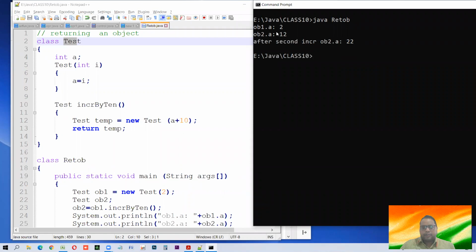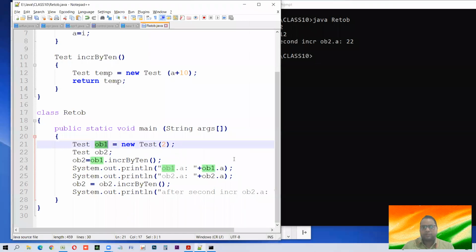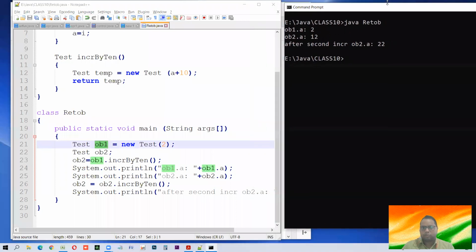Look, initially OB1 we have saved everything in the RAM also. OB1 test with a 2. So what will be the value of OB1? OB1 का A का value रहेगा 2.